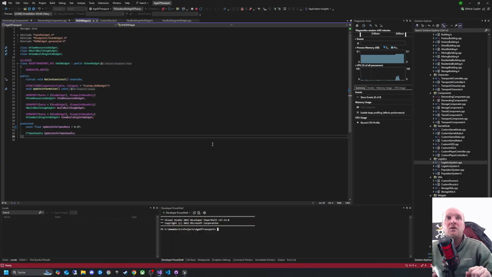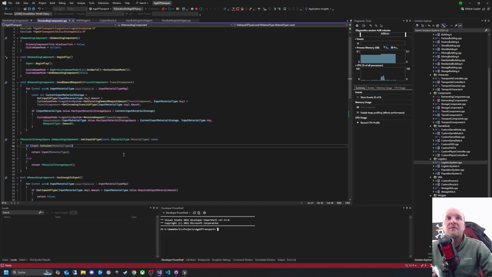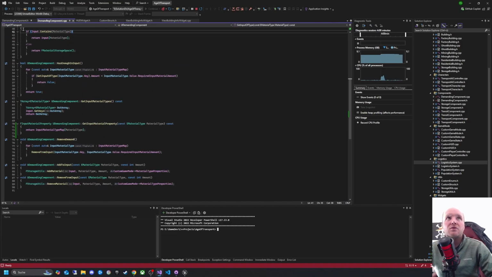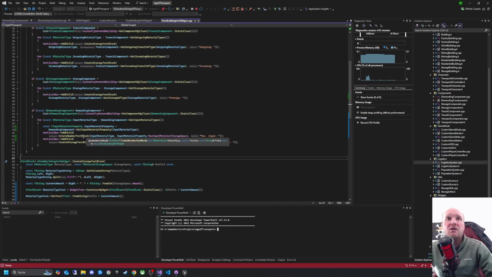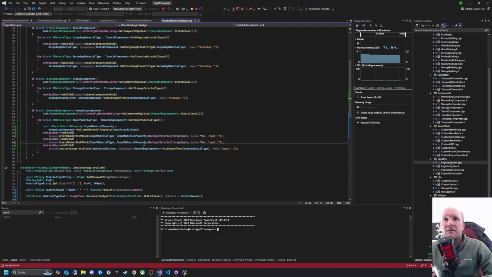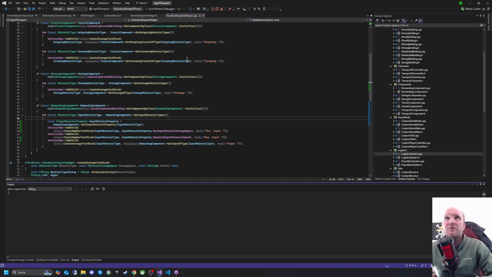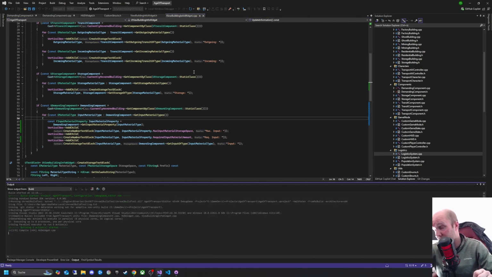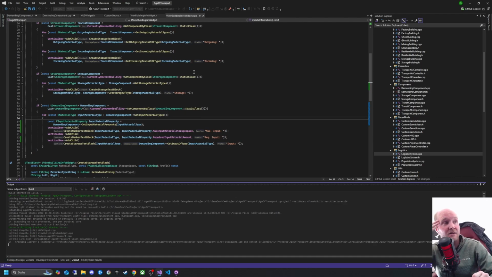Okay, now we added the maximum input to our widget, and we also want to add the required input material amount. And therefore we should see when we hover over the factory building,